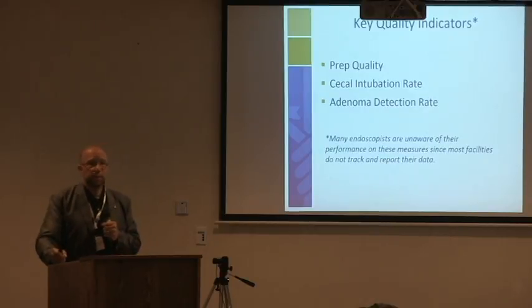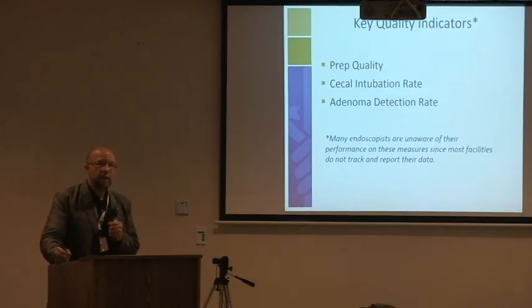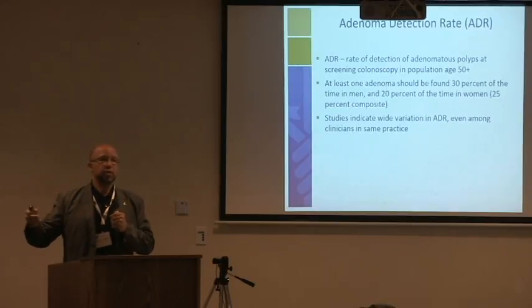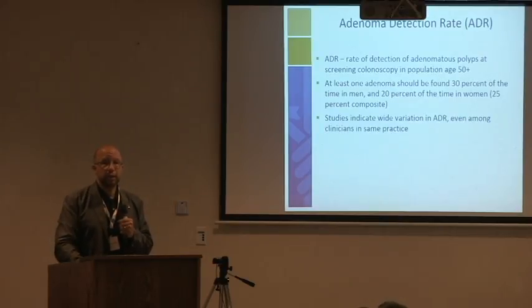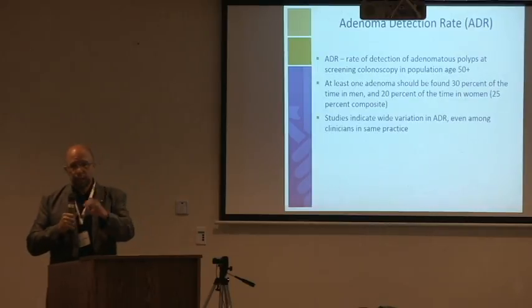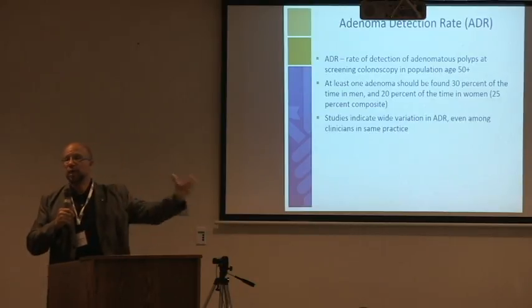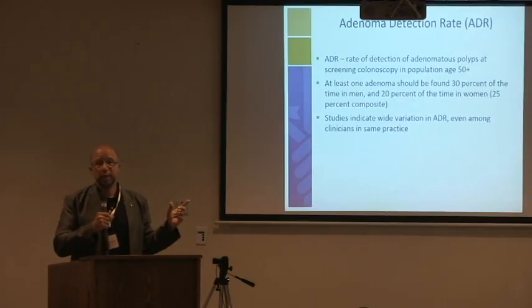Now, the question is, is that important? Are these just some other numbers? I mean, we already have a multitude of numbers and all sorts of things that we as clinicians are being measured on and tracking. Does it really matter? Well, with the adenoma detection rate, it really does. The adenoma detection rate is the proportion of patients in whom an endoscopist finds an adenoma. And these numbers are a lot higher than many of us realized. Again, over the last 10 years or so, we've come to recognize that an endoscopist should be finding at least one adenoma. And this is significant. These aren't little pimples. We're not talking about little 1 and 2 millimeter lesions. We're talking about adenomas that have the potential to advance to cancer. One of those should be found in 30% of men and 20%